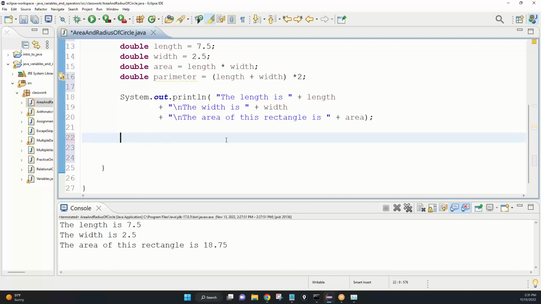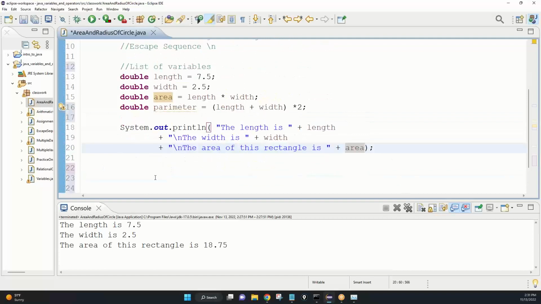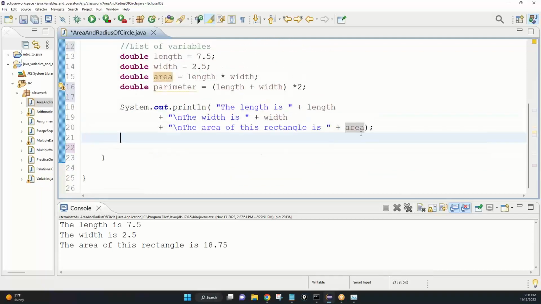In this case now, you can still print it out here. You could go into this same concatenation. You don't need another system out. I would just hit a plus. I would hit an enter here, a plus, go in here, and I know that I'm going to need an escape sequence. So I'm going to put an N. Excuse me, N. And then I'm going to say the perimeter of that rectangle is